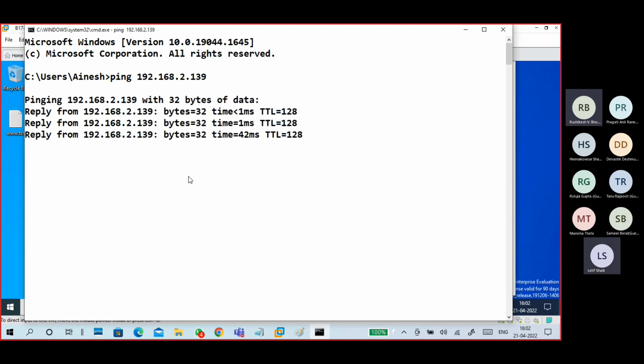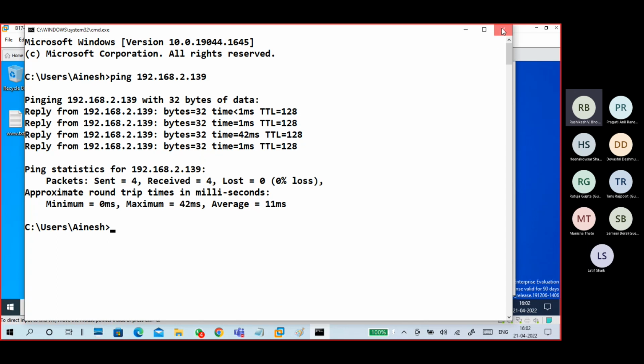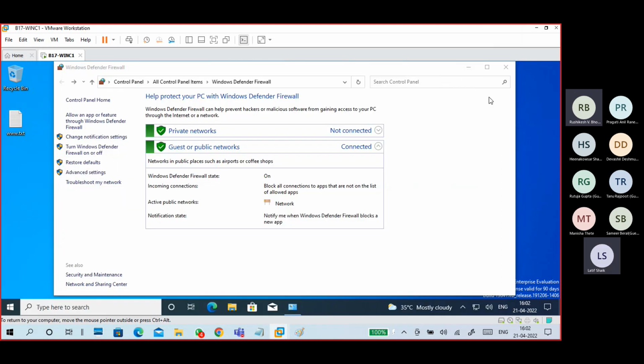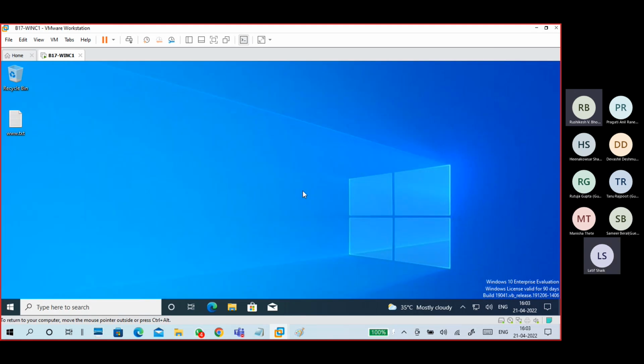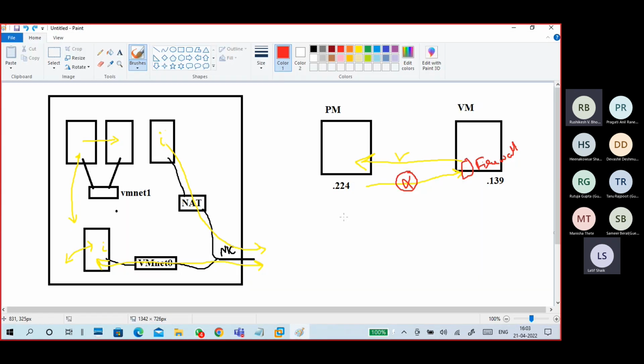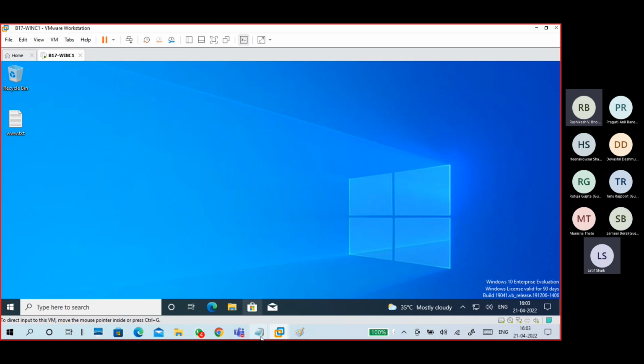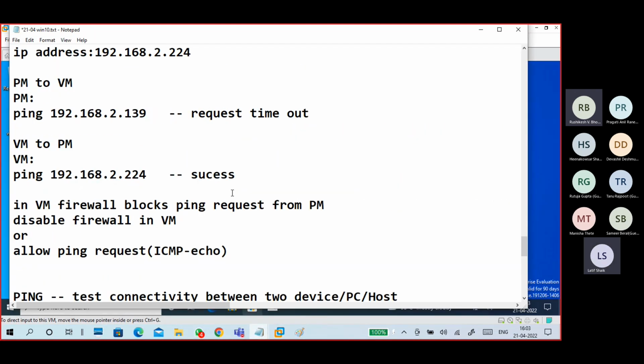See, I am able to ping it. The first one is working, so no problem, everything is good. So these are the main settings: firewall settings and VMNet0 settings. Guys, understand the firewall issue and the VMNet0 issue.